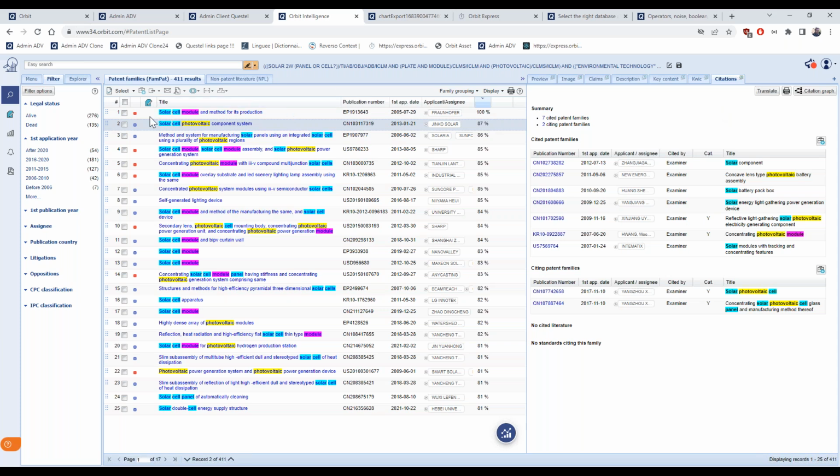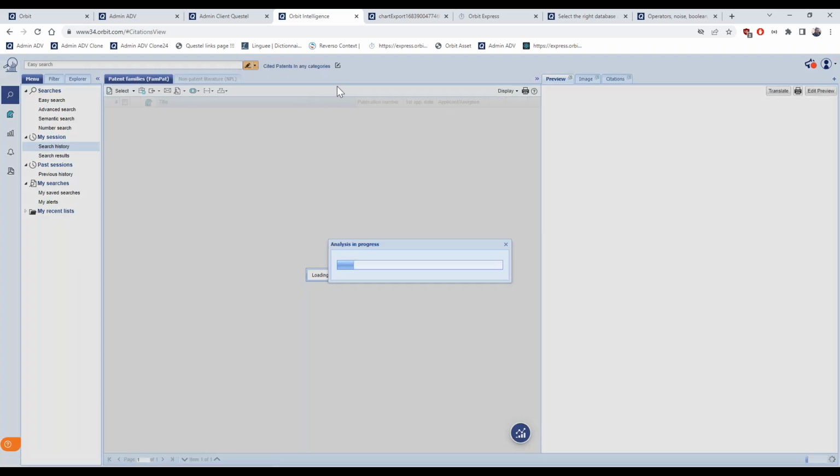Another possibility is to make a selection and run an analysis. Similar to what I did with the similarity search, we can do it also for the citation search. Okay, let's see what happens if I select all of them. And the dedicated tab is the citation one. Then you can focus only on cited, only on citing, or both. Or you also have an advanced cited section. Let's focus only on cited, for example.